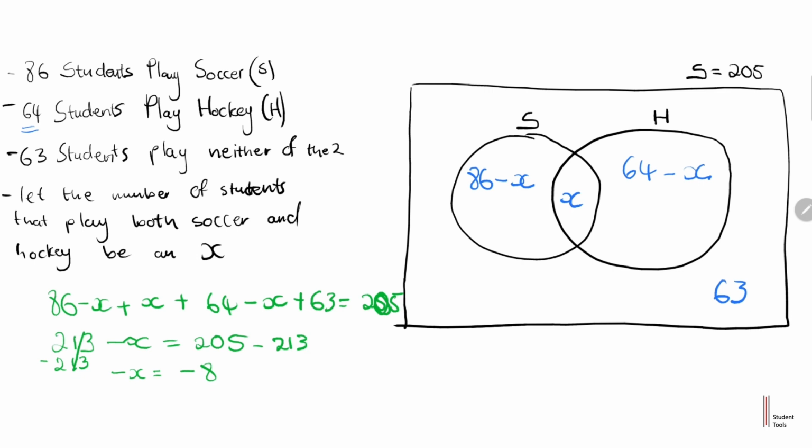So here we have minus x. We don't want minus x, we want the positive x. So to get the positive x, we'd have to divide everything by negative 1, both sides. So x will be equal to a positive 8. And that means our intersection is equal to 8, meaning the students that play both soccer and hockey are equal to 8 students. So on our final answer, we have 8 students